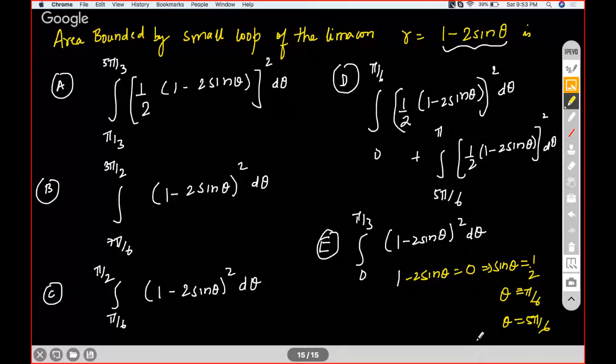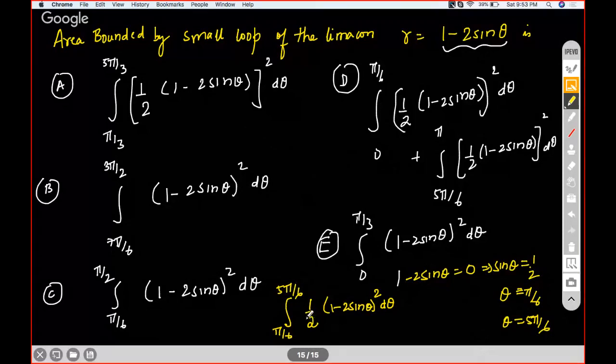So ideally, my answer should be half of the integral of 1 minus 2 sine theta squared d theta from pi by 6 to 5 pi by 6. But there's no option just like this. But you can see that